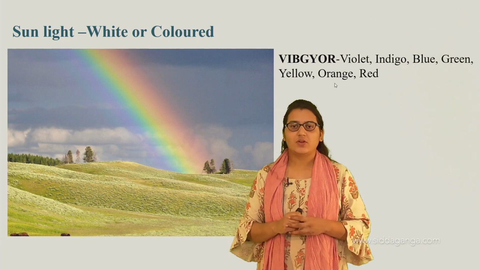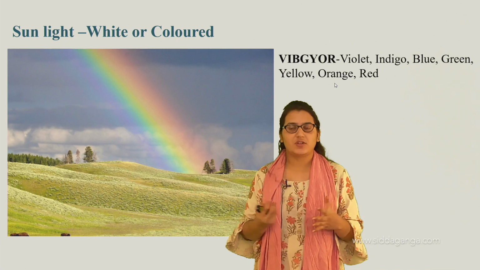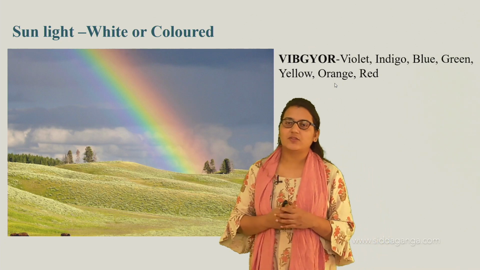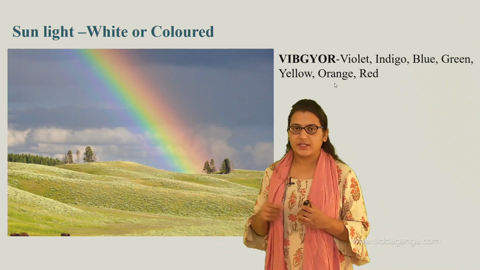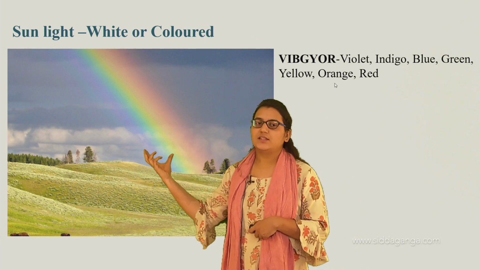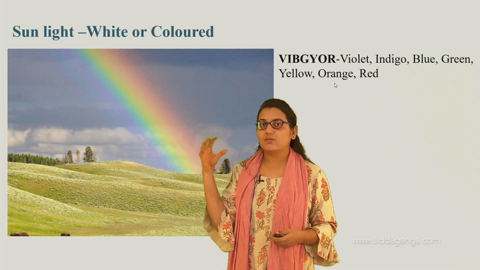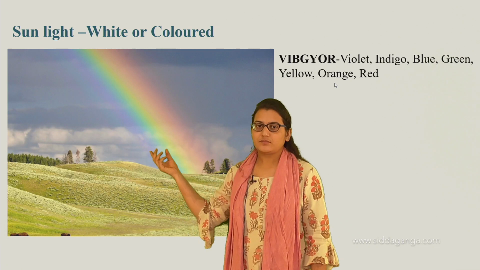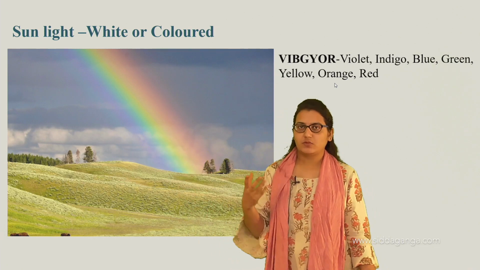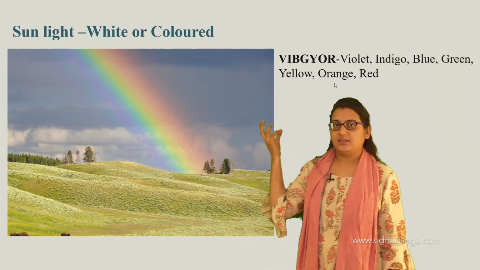Now, we all have seen the rainbow, right? I hope we all have, we enjoy seeing these rainbows. When there is both sunlight and rain, we observe these rainbows, which are very colorful. We all love to see this. But have you ever observed what are all the colors we see? When we see this beautiful rainbow, we just might see some 3-4 colors. But actually these are all the colors it consists of.